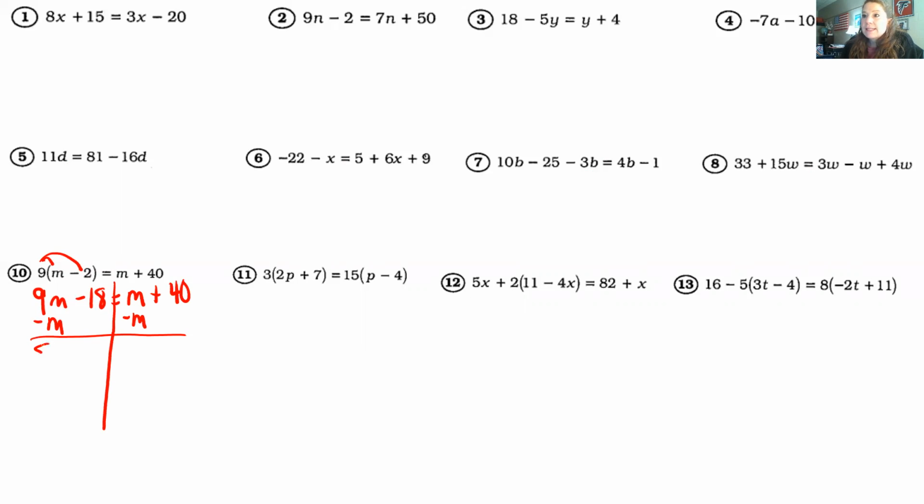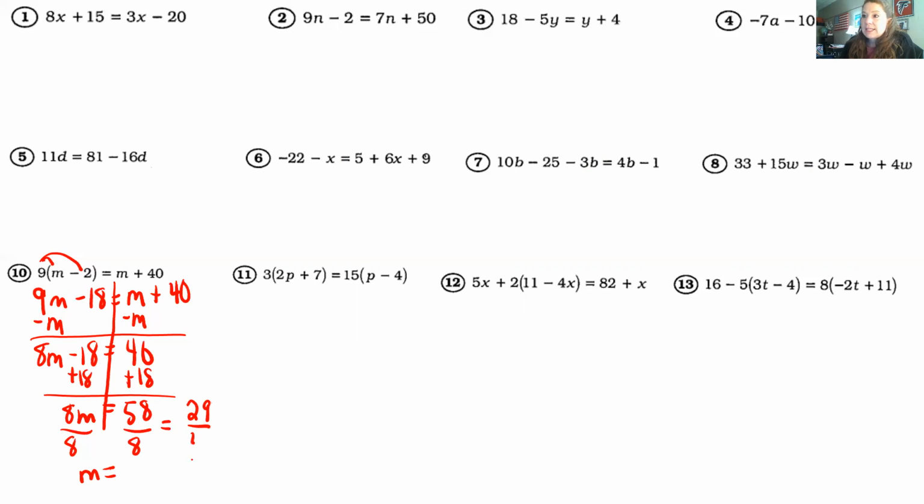So I have 8m minus 18 is equal to 40. Get rid of minus 18. I'm going to add 18 to both sides. So I end up with 8m is equal to 58. Divide both sides by 8. I know they're both even numbers, so I could halve both of them. So that would be what,